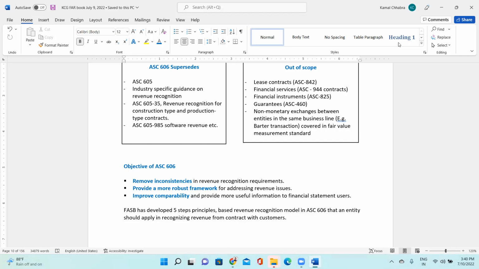There are a few differences which we agree to, but most of the things in ASC 606 are in line with IFRS 15. So to make the standard more comparable in the global or international market, so that users of the financial statements can compare revenue recognized in a US company or any other company in different parts of the world. That's the main objective and intent behind bringing ASC 606 into the picture, right?